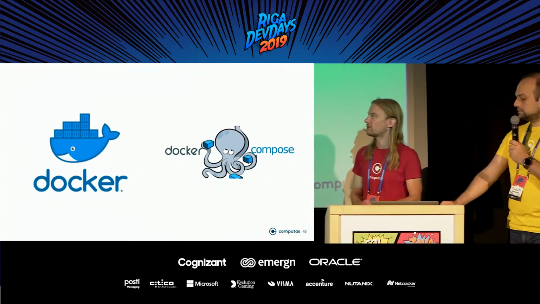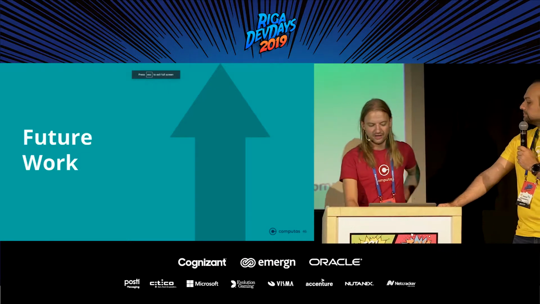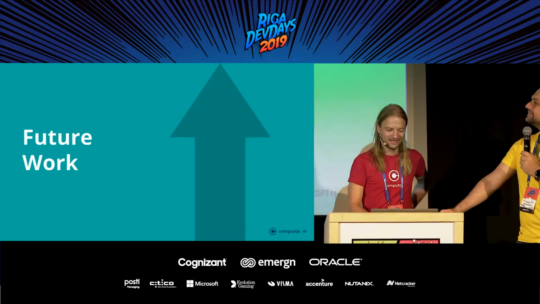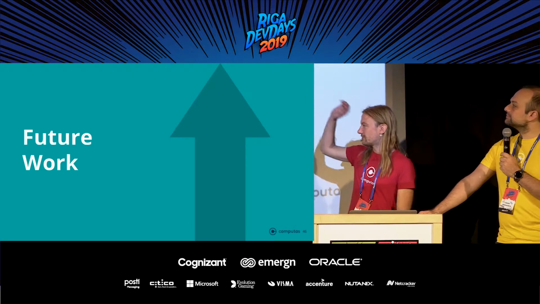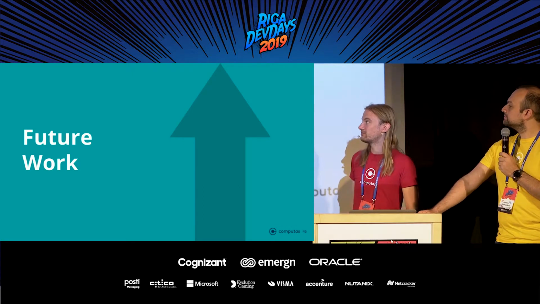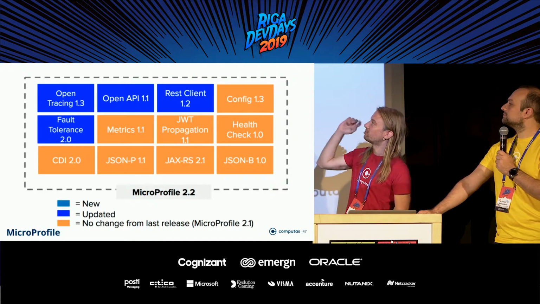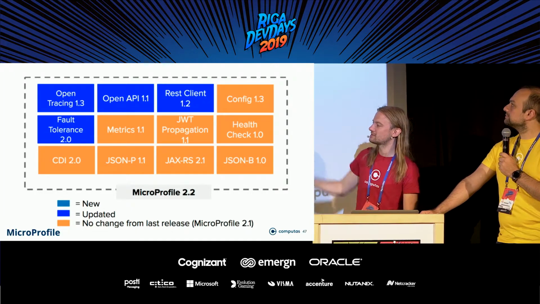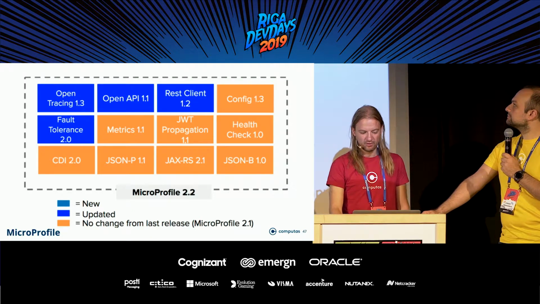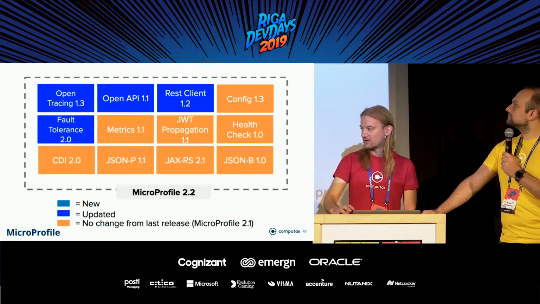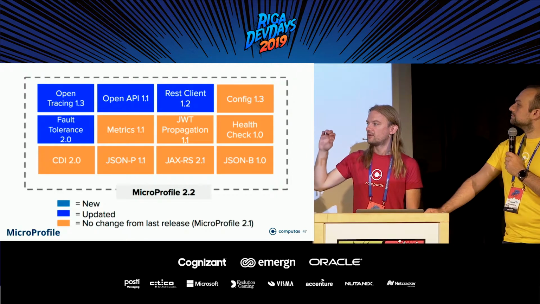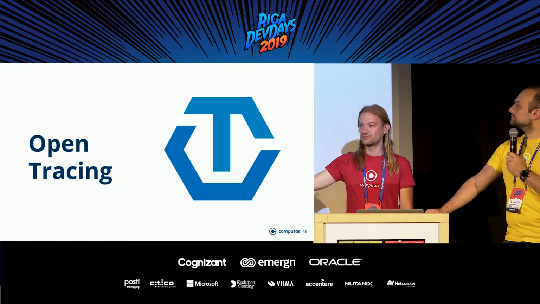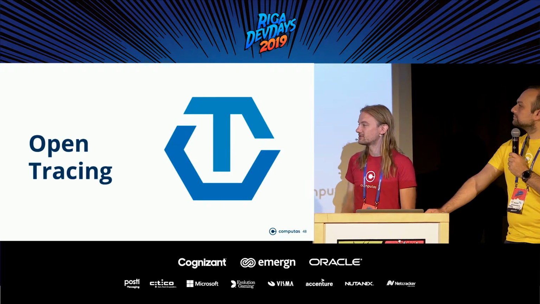So we're going to talk a bit about future work, because as developers, we are never happy, right? We're never finished, we're never done with anything. Of course, this is the one we showed you in the beginning. What are the different parts of MicroProfile? You can recognize that we have been speaking briefly about many of these, but there are two we haven't spoken about. OpenTracing, so that you can trace a call from the gateway through the weather service and then to the facade, so you can see which parts of the call took time and so on.